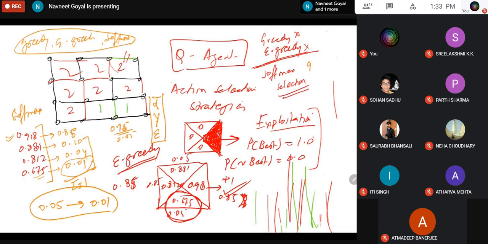No, not 9, it's 12 cells, right? And there are 4 actions in each. So in all there will be 48 Q values that you need to worry about. But this number can grow exponentially. Like even if you look at